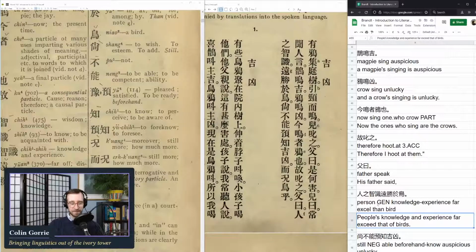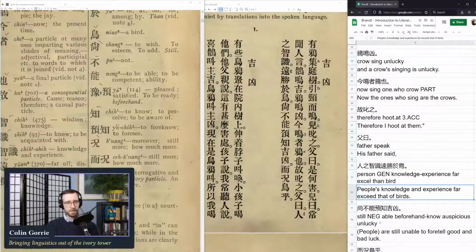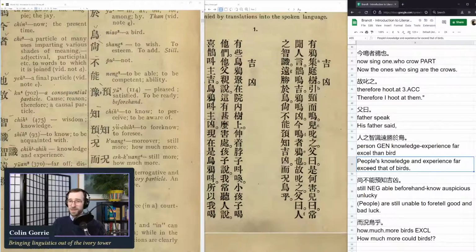His father said, "People's knowledge and experience far exceed that of birds. People are still unable to foretell good and bad luck. How much more could birds?" That's a cute story. Okay, so that's our attempt with all of the notes helping us. Let's check our work and let's see what